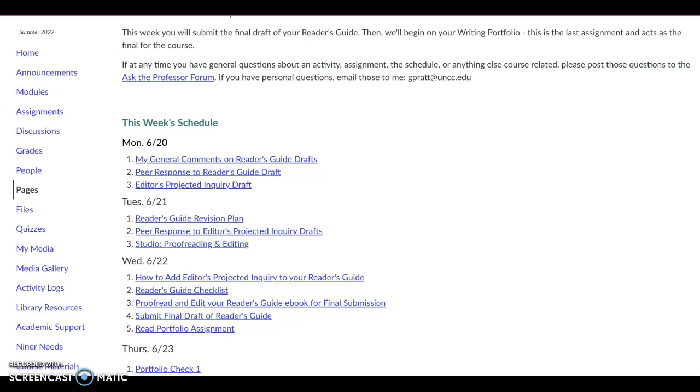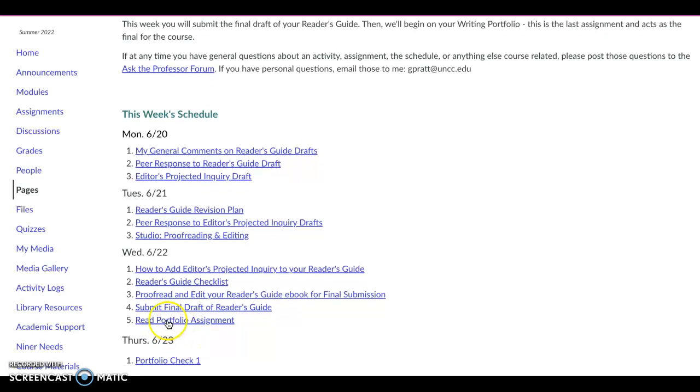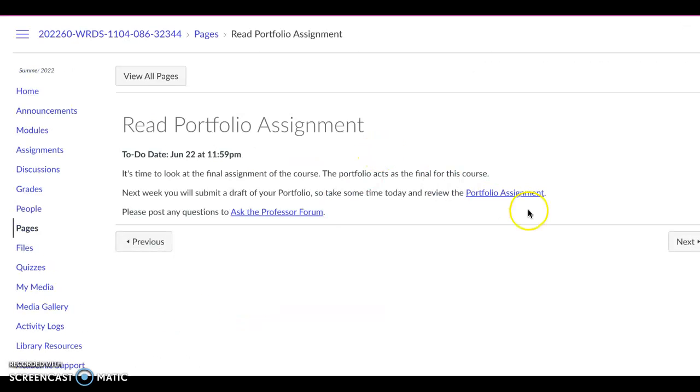And so because we have such a condensed summer course, we have to jump right into your final assignment. So this acts as the final in the class. We do not have a separate final. This portfolio assignment is your final. So we're starting working on it Wednesday. It will be due next Tuesday. So you're going to read through the assignment after you turn in your reader's guide, and